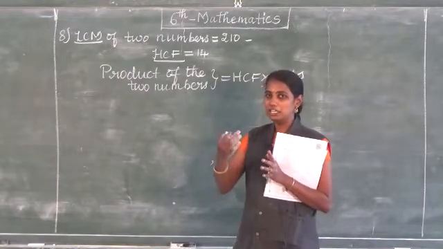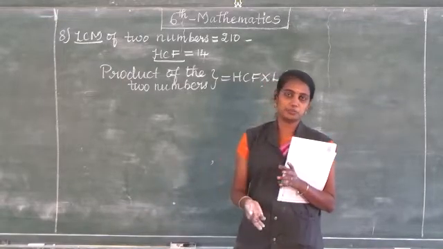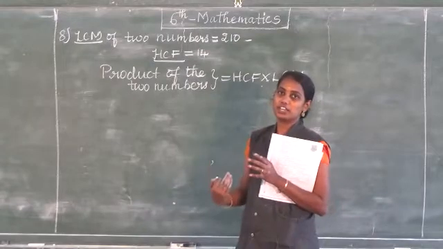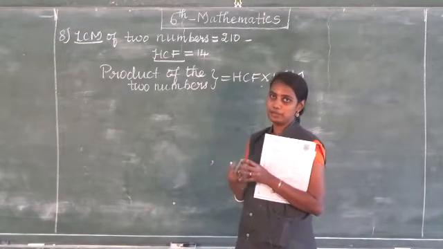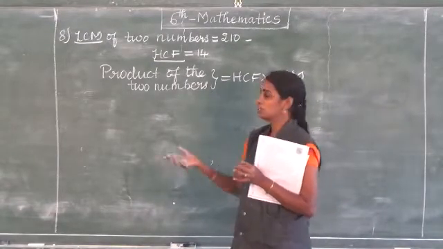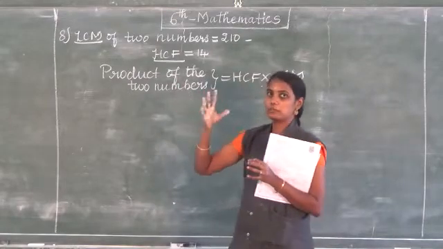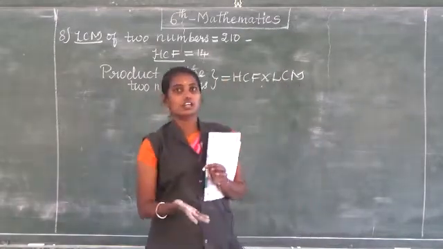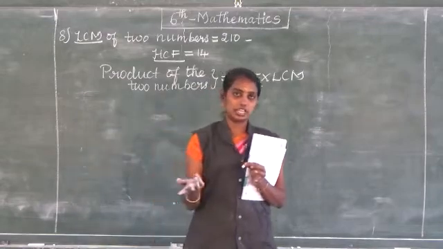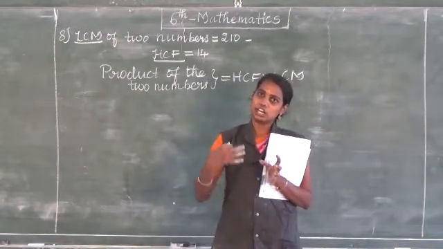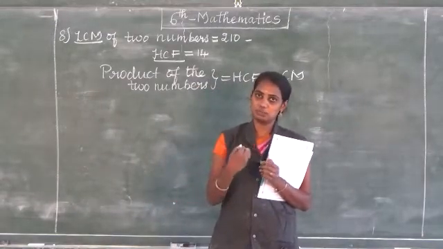Multiples of 14. It may be any multiple of 14. So we are going to find out how many pairs are possible. How many pairs means how many pairs of two numbers. For example, it may be 14 and 28. So now we are going to find out how many pairs will be possible.